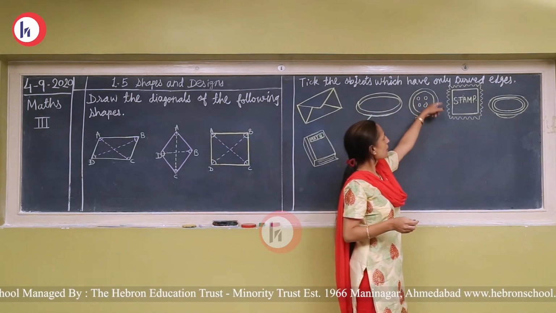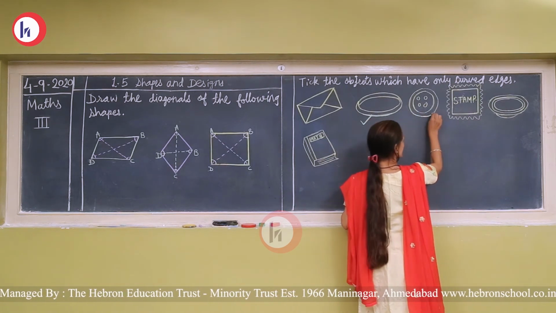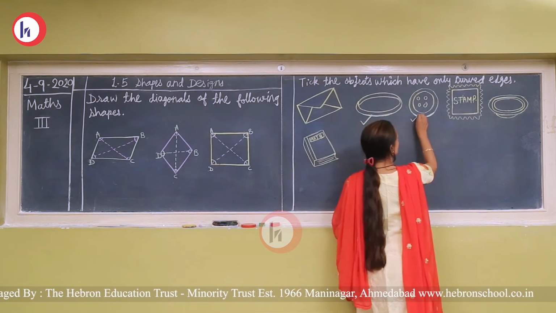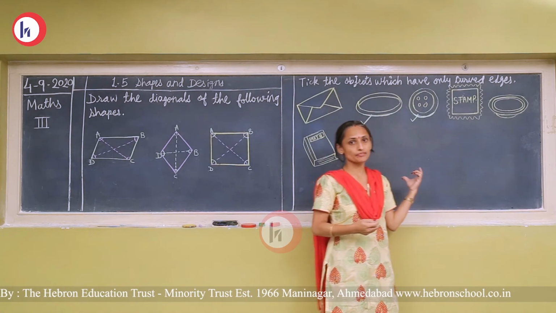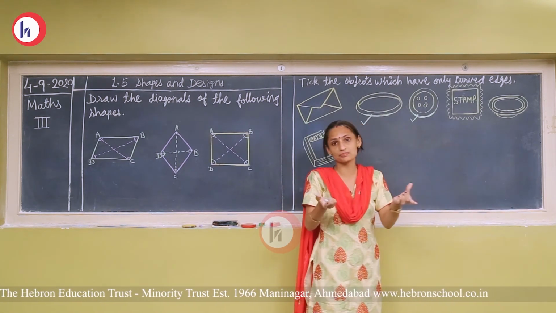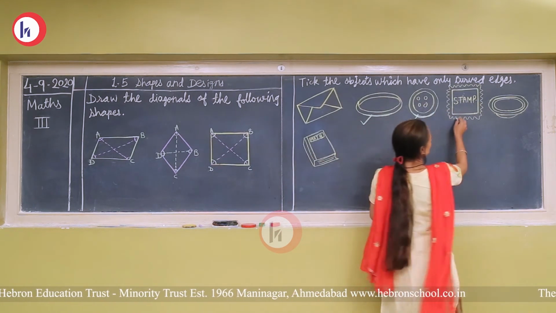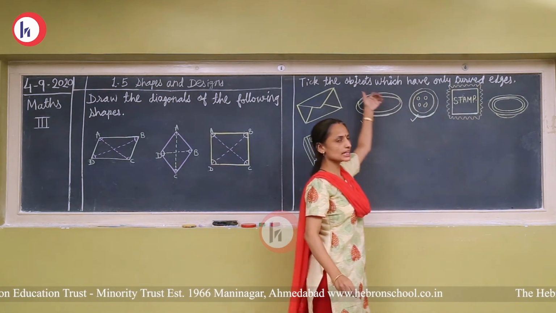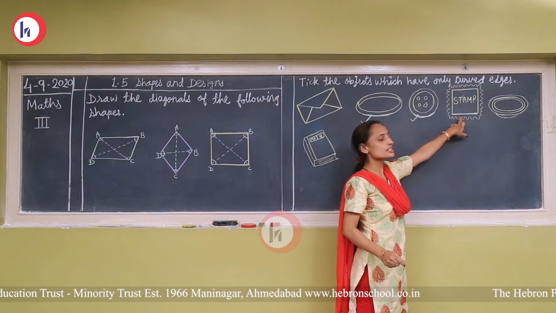Next is a button. For the button, again it is a curved edge. See, it is a curved edge. So we will put a tick. Next is a stamp. You all know it from when you went to the post office. In the post office, you will get stamps. For these stamps, it has a straight edge. Means we can't tick, because you only have to tick a curved edge and it has a straight edge.